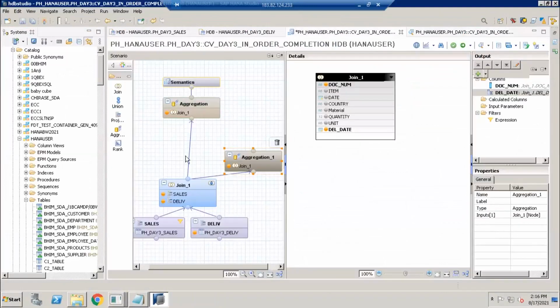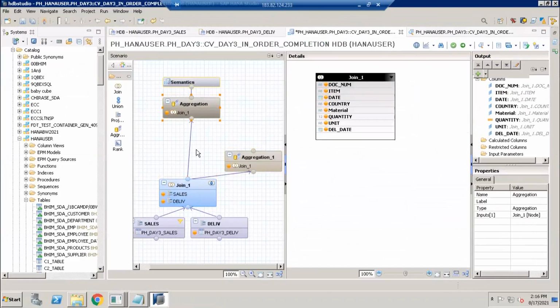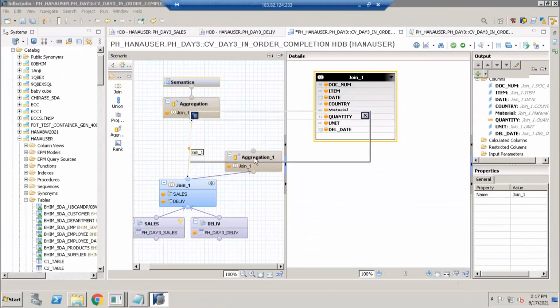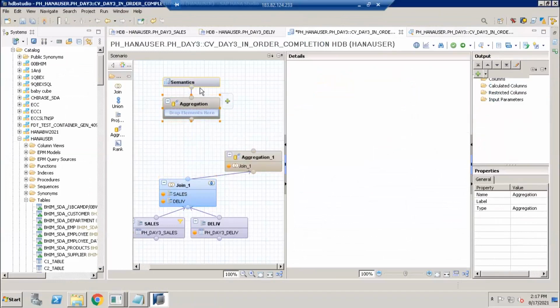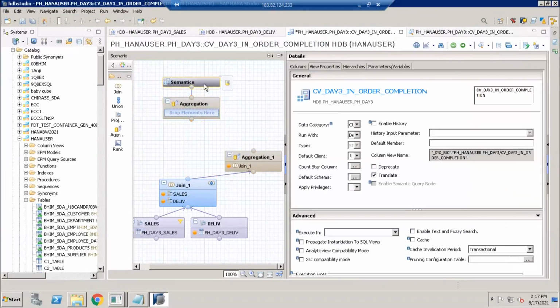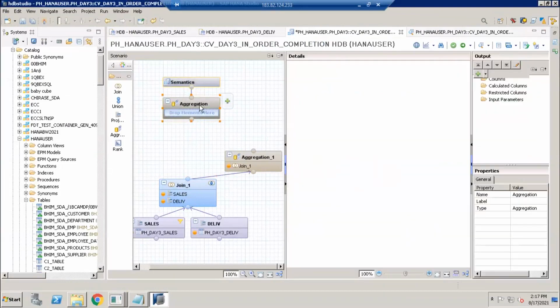But what I need now is to put another join in between this join and the aggregation. For example, on aggregation 1, I already have some output fields. If I delete this link between these 2, it will delete all columns from my aggregation, and everything you did will be gone. So don't do it.